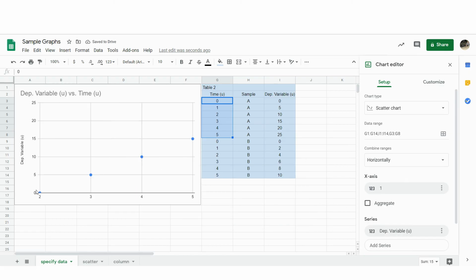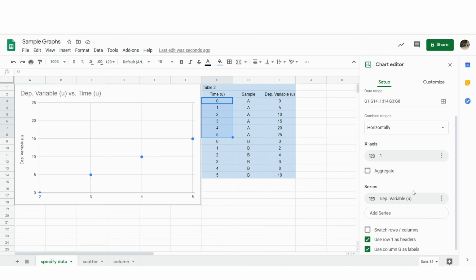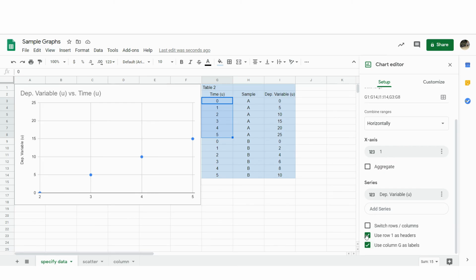Now notice here this now has 2 through 5. So I'm going to come down here and check this. It has use row 1 as headers. I'm going to get rid of that, and that helps my x-axis.